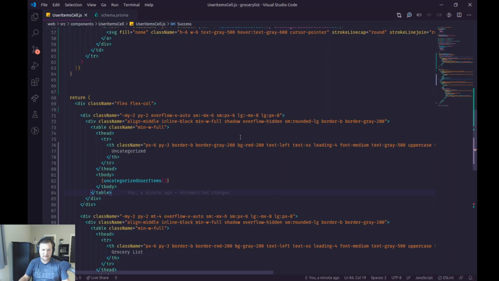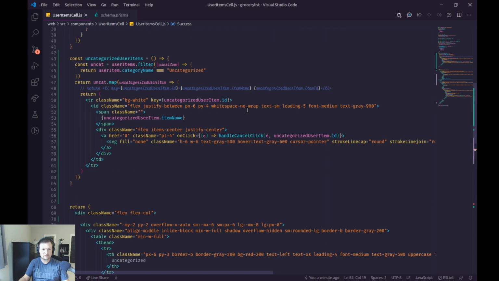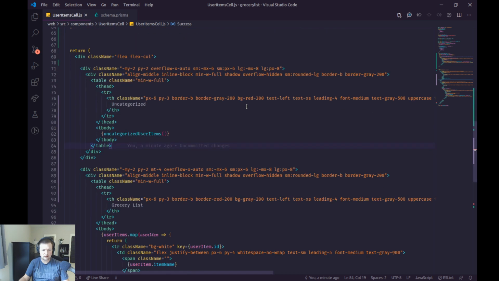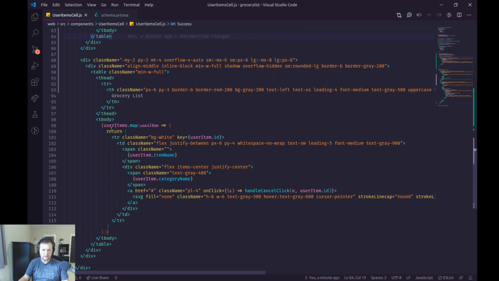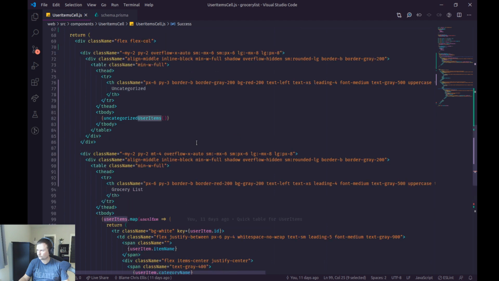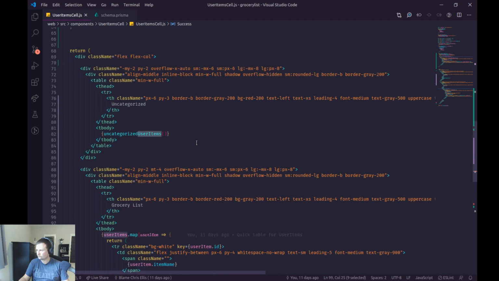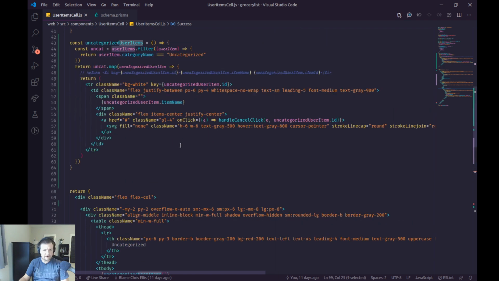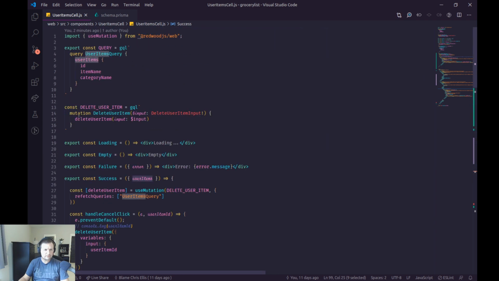So we just need to take in, the other thing is I need to mutate this data out. So it doesn't need to be all items. It needs to be all categorized items. Alright, let's do that. Yeah, I like your idea. Okay, so